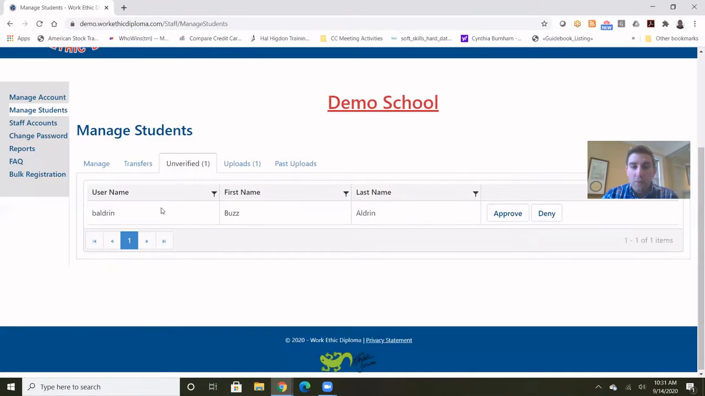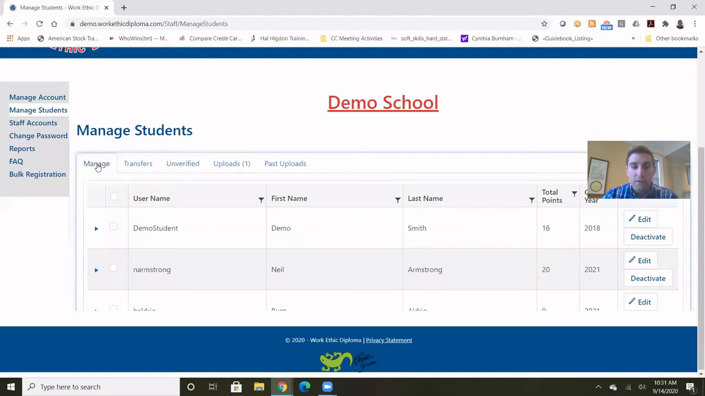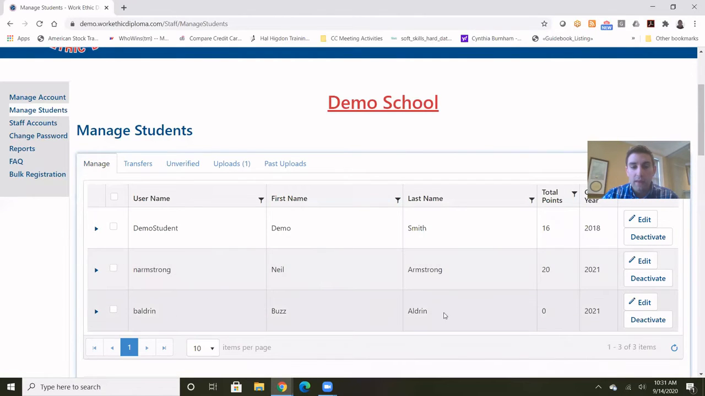In this case, if we wanted to approve Buzz Aldrin, all we would do is click approve, and then he would shift over to the manage students page. So we would be able to see him there with the other couple of students that are listed there. So we can go ahead and do that. We'll approve that account, and we'll shift over to manage students, and now we can see that this new account has been